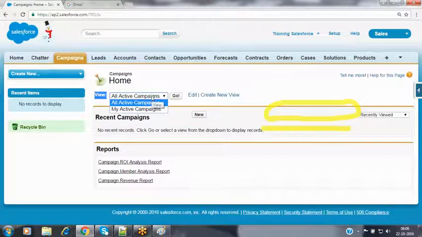Like, I want to see only those campaign records which were conducted in Hyderabad location. I want to see only those campaign records which we have conducted in Bangalore location. Like that, based on your requirement, we can add some more filters.